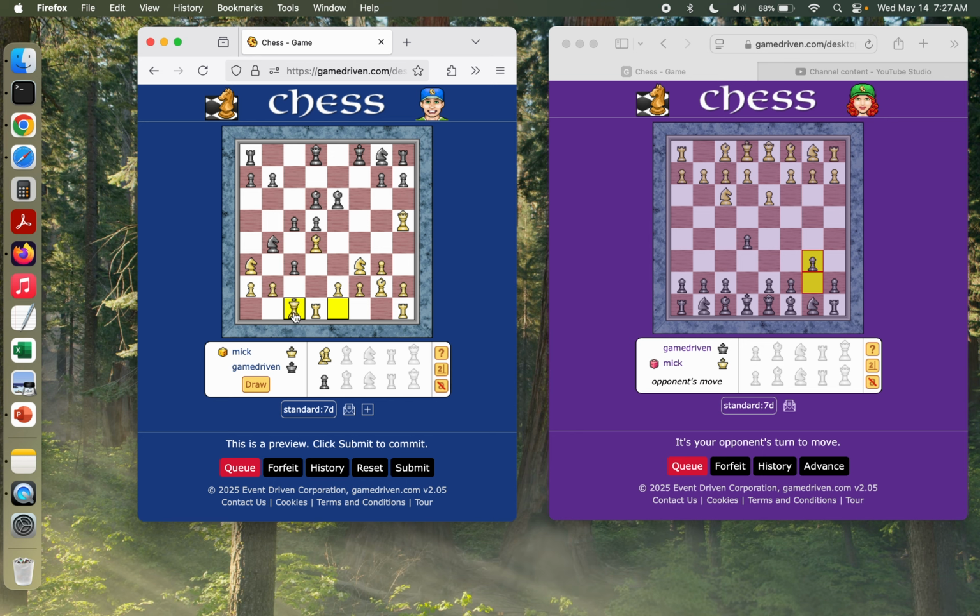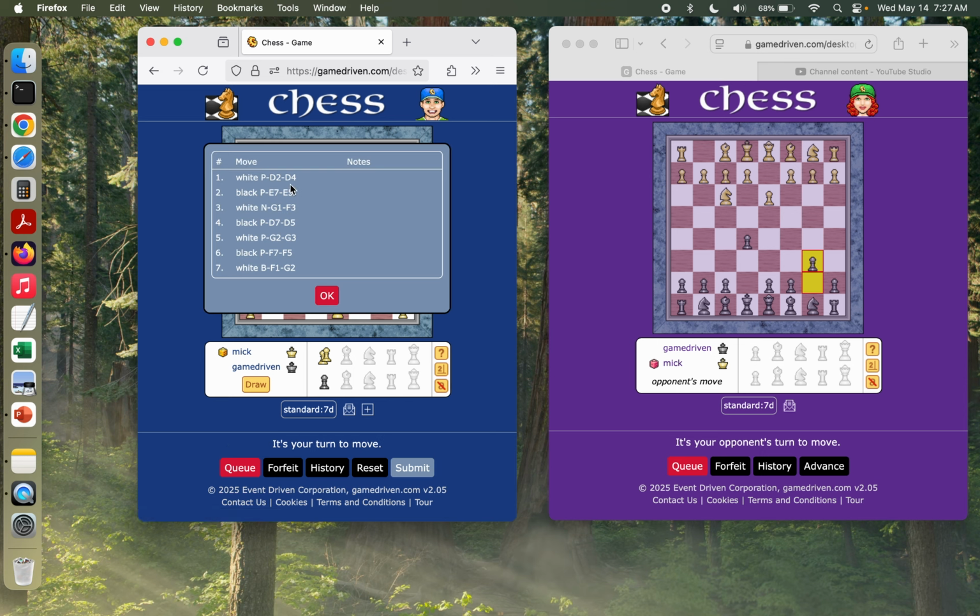And I'll reset that again. Same in the other direction. So I want to show the castling move, not too surprising. Another thing that is more evident with this game that's further in progress, if you click history, you see the